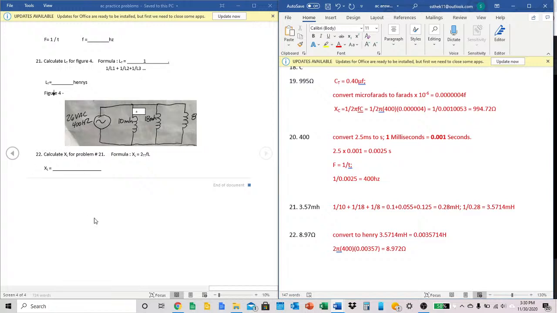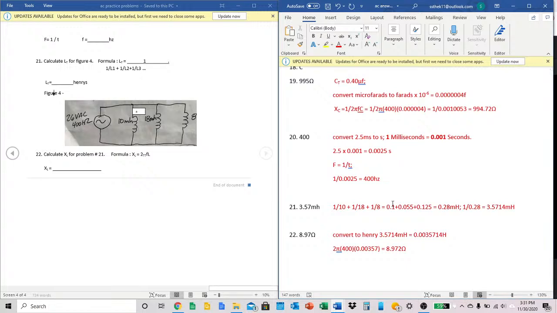And lastly, problem 2, we want to calculate the total inductive reactance from the total inductance of number 21, which is just from the diagram or figure 4. So we're going to take all of that information we have and plug it into our formula, which is inductive reactance equals 2 pi times frequency times inductance. We already got our total inductance, but what we want to do is convert the millihenries to Henry. So we have 3.5714 millihenries. To make that Henry, we're going to move the decimal place 3 places to the left. So that gives us